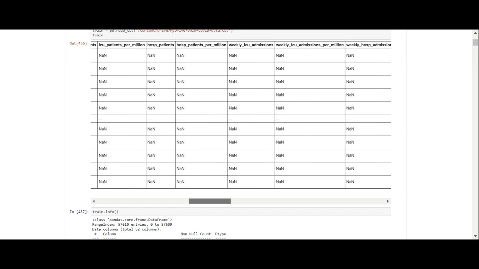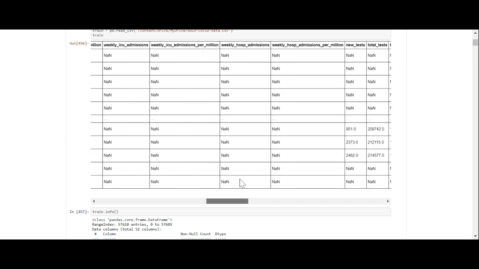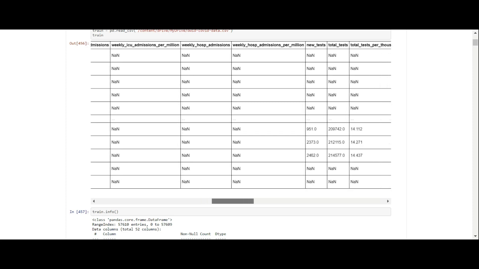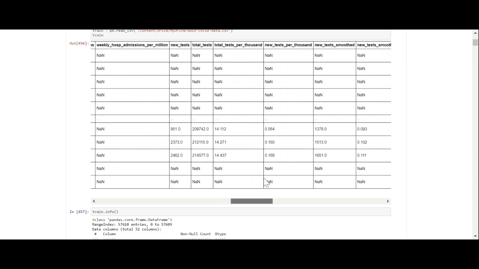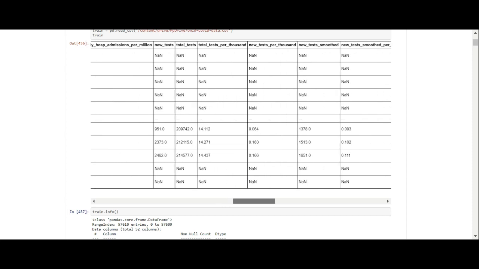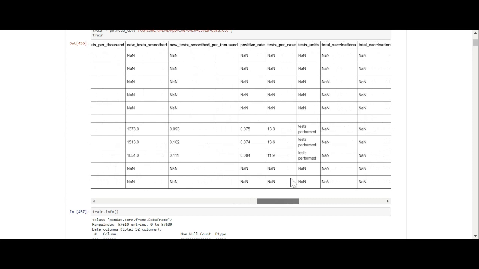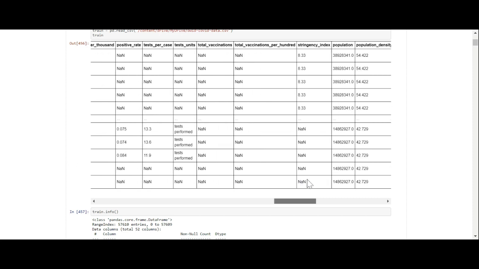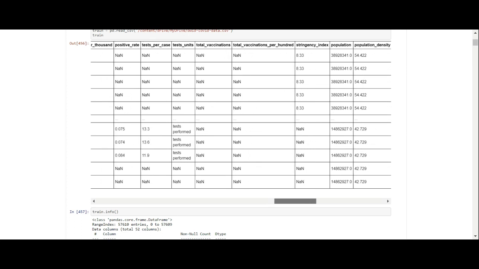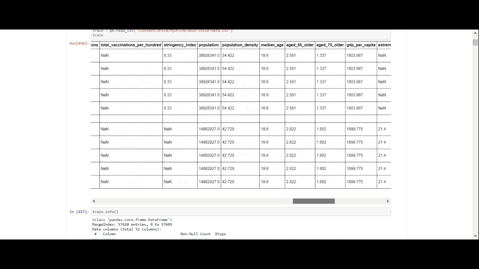hospital patients per million, null values, weekly ICU admissions, null values, weekly ICU admissions per million, null values, weekly hospital admissions, null values, weekly hospital admissions per million, null values, new tests, you've got some null values, total tests, null values, total tests per 1,000, null values, new tests per 1,000, null values, new tests smooth, null values, new tests smooth per 1,000, null values, positive rate, null values, tests per case, null values, test units, null values, total vaccinations, null values, total vaccinations per 100, null values, stringency index, null values,